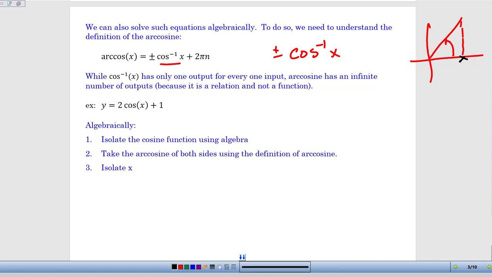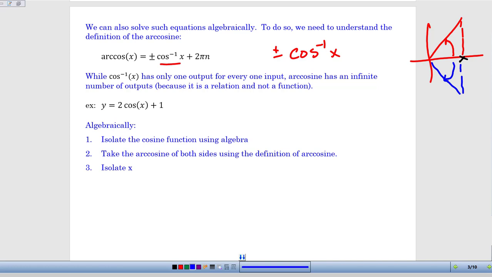Well, if I rotate the opposite direction, that exact same angle, just going in the negative direction instead of in the positive direction, I'm going to end up with an angle that has the exact same x coordinate. So if I rotate in the positive direction or if I rotate in the negative direction, I'm going to get the exact same cosine ratio, the exact same x coordinate on my unit circle. So that's why we take that one answer that the inverse cosine gives us and then throw a plus or minus in front of it, because if I rotate in the positive or the negative direction, I'm going to have